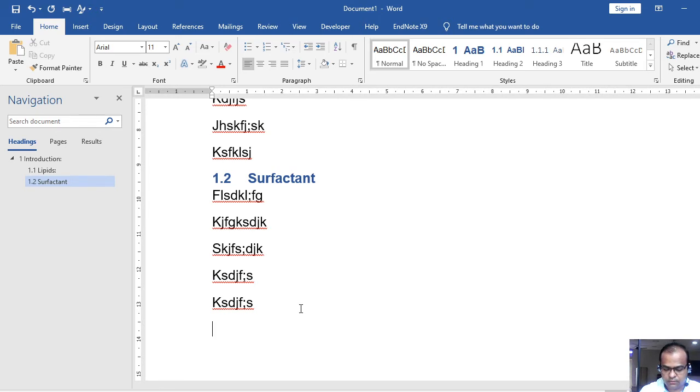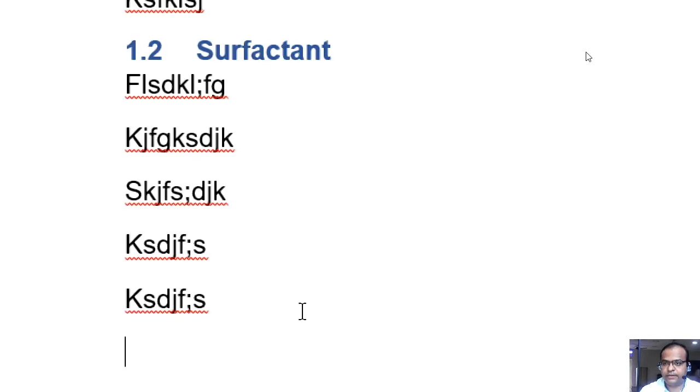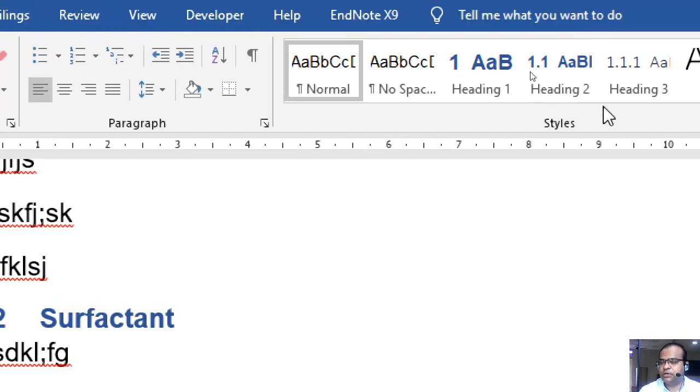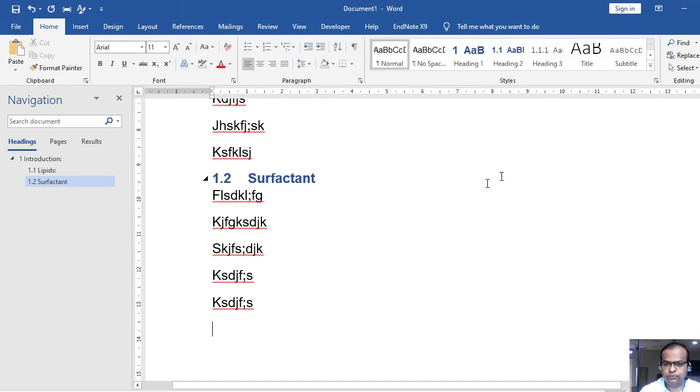As soon as I have utilized Heading 2, there will be an automatic activation of Heading 3, right? So I will write, let's say, anionic surfactant, and I will just select it.